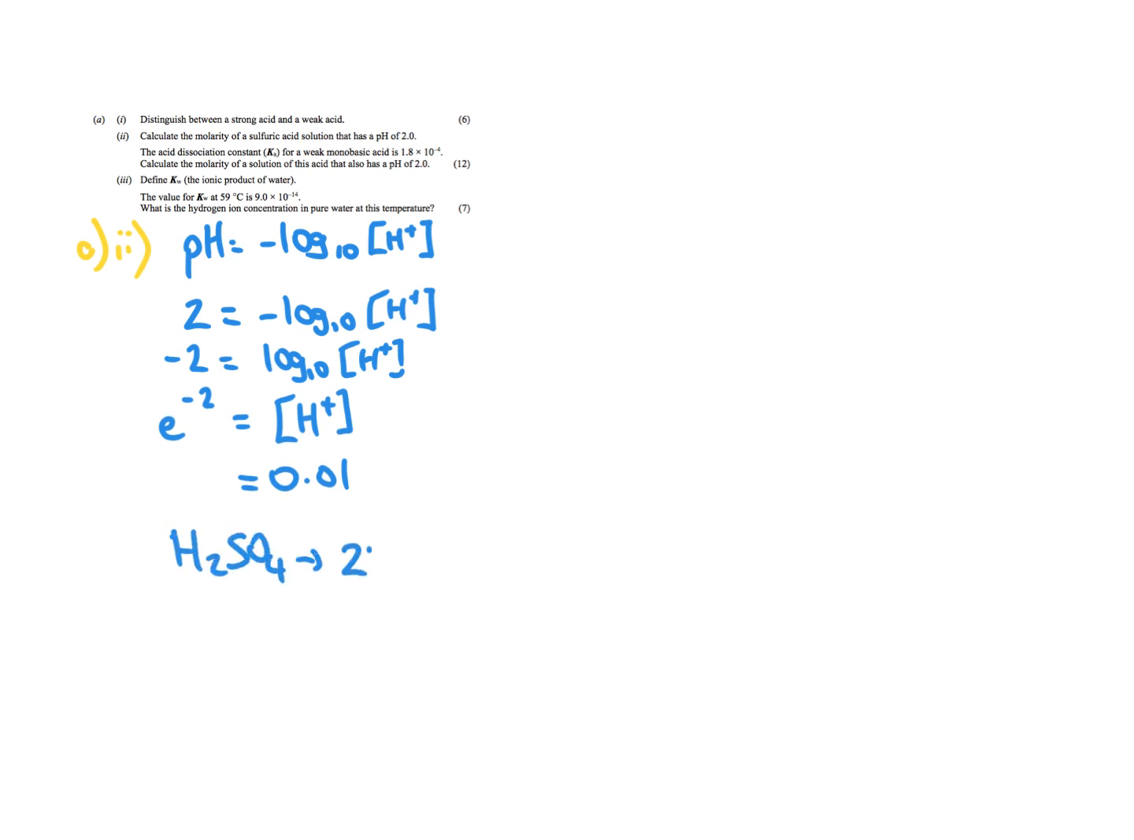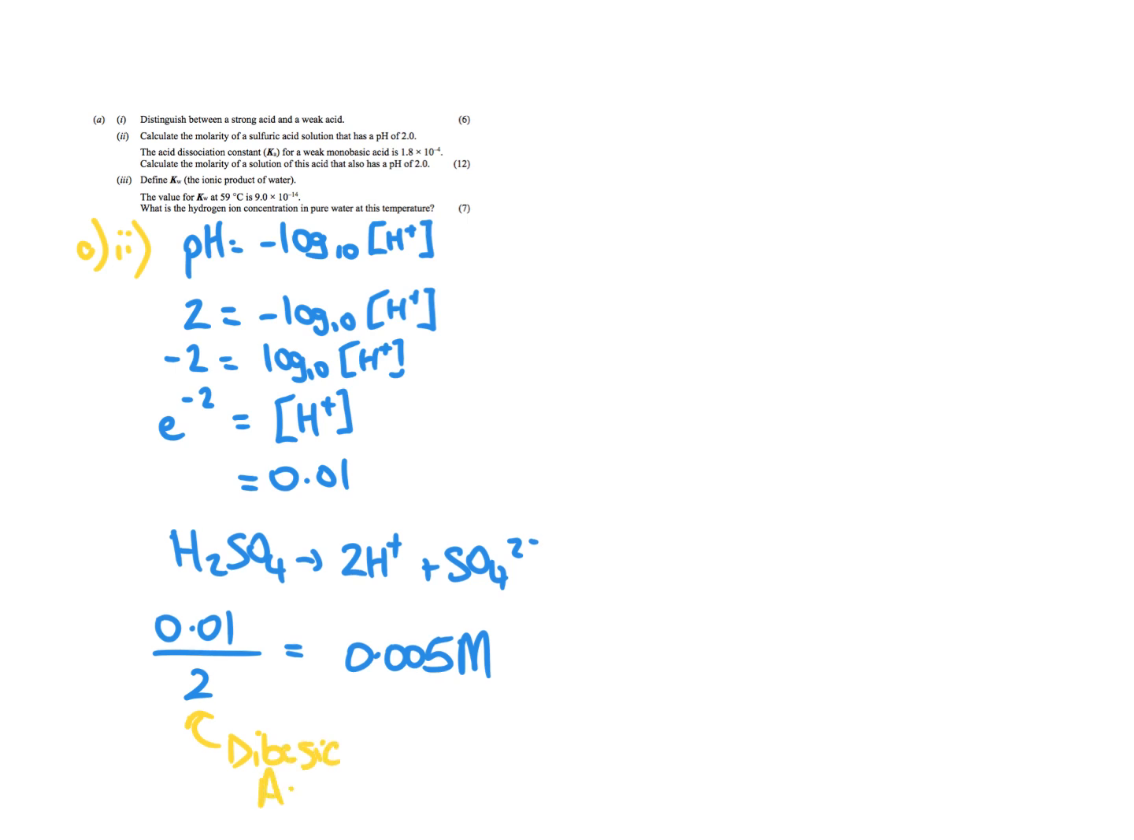So that's going to go to 2H plus and SO4 2 minus. So that would mean here that I will need to take the molarity of the H plus ion that I've gotten and divide it by 2 to give me 0.005 moles per litre. And the reason that we are dividing by 2 there, as I've mentioned earlier on in the video, is that this is a dibasic acid. So because it's 2H plus ions, we must divide by 2 to find the concentration of the